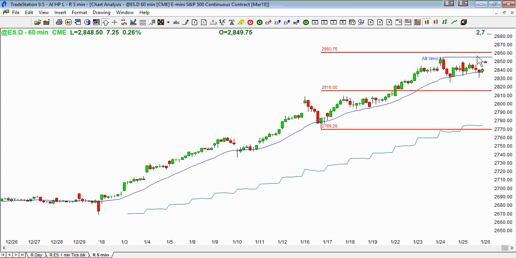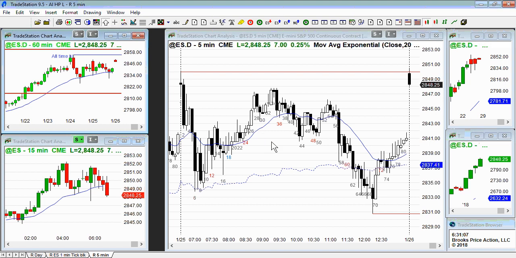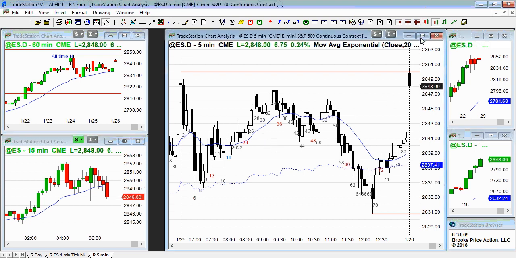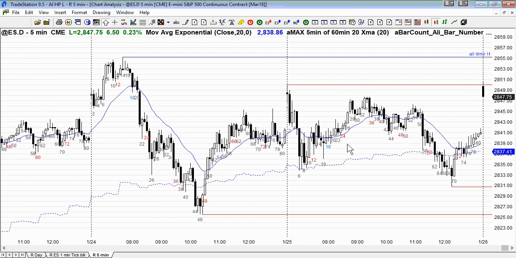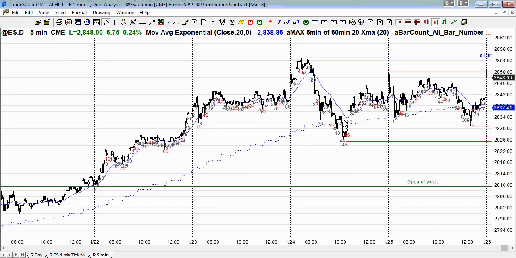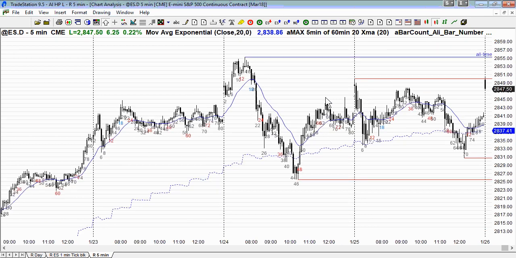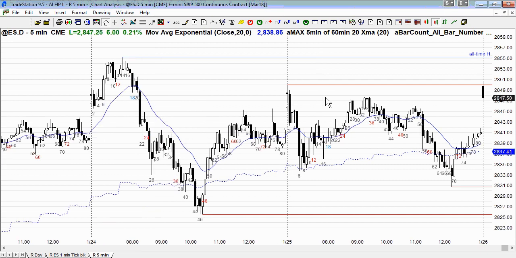The bears want the reversal, either at the target or right here, a double top, lower high, major trend reversal. And so this is for the bears, a double top, lower high. This is a 5-minute chart. Bull trend, strong bear breakout, double top, lower high. By going above this high, it slightly reduces the chance that this is going to be a double top, lower high, major trend reversal. But that is definitely